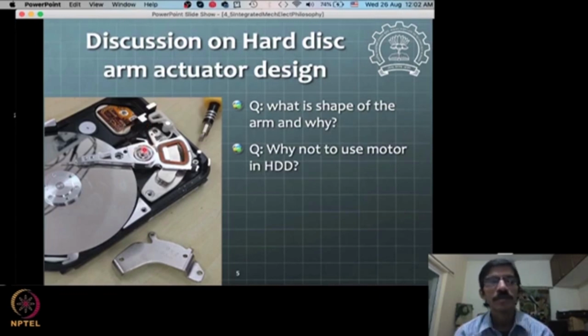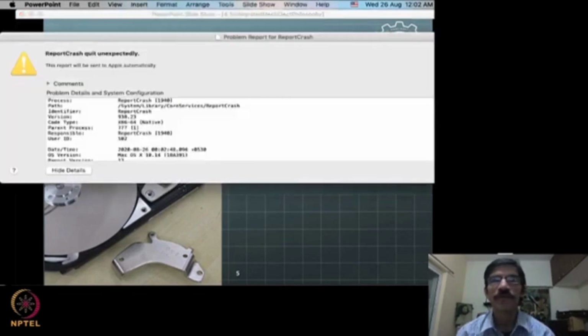Typically, if you see the motor specifications, the kind of torques that are needed versus speed: here the torque needed for getting this arm to move fast on the surface of the disc is relatively high, and because of that you will need a high torque motor, which is going to be bulky. Typically small motors have higher speeds and lesser torque, and that's where many times a motor will be used in conjunction with some kind of gear transmission system. In the CD-ROM drive we also saw the same thing.